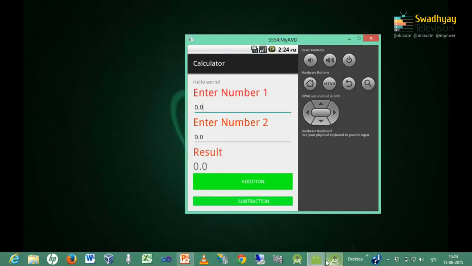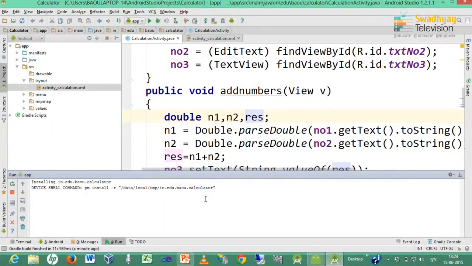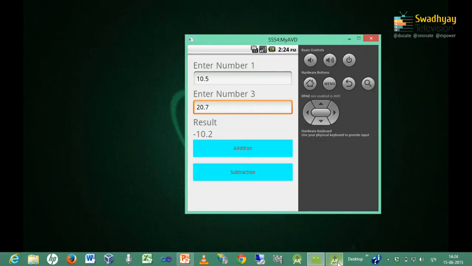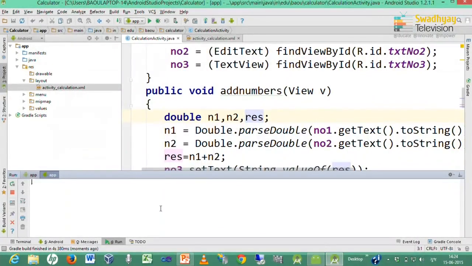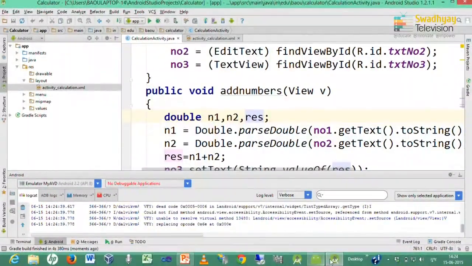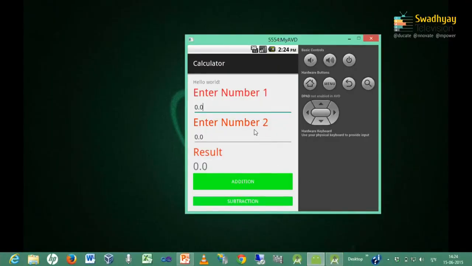Here it will display my application. It takes some time to load this application into the emulator. You can see messages inside the run window. So, this is our updated interface.